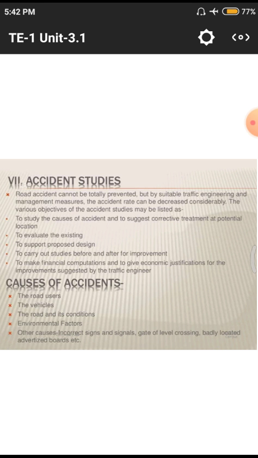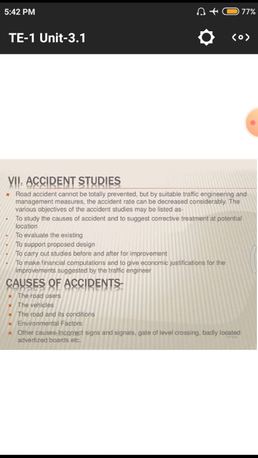Next one, make financial computations and give economic justifications for the improvement suggestions by the traffic engineer. That means traffic engineers have to give better computations. That means we have to use bridges or others. If there are accidents occurring in a particular wild area, we need to take the help of bridges, so that the animals will move below the bridge and the vehicles will pass on the bridge,